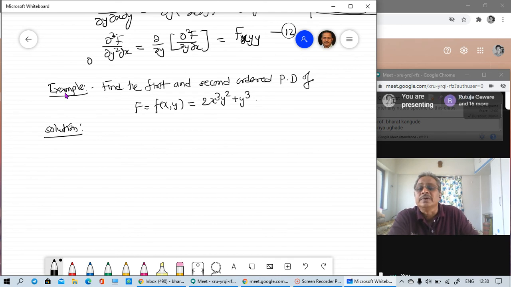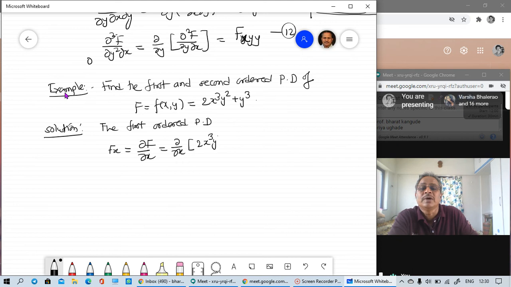Now, first the first ordered partial derivatives. First it is going to be fx, that is nothing but del by f upon del by x. So we'll explicitly go for this. Del by x of the given function, twice x cube into y square plus y cube. While taking this differential, y, y square or y cube, whatever part is given in y, will remain constant, that doesn't change, it will remain as it is. We have to take the differential of x with respect to x only.